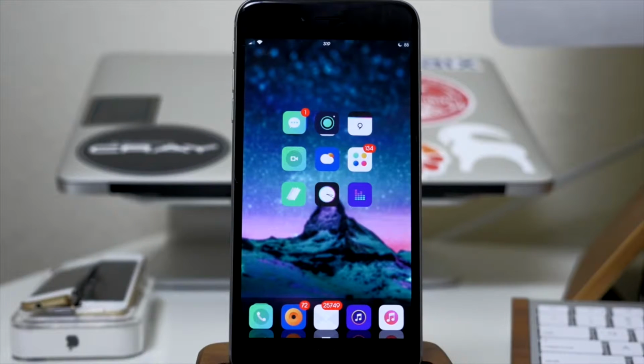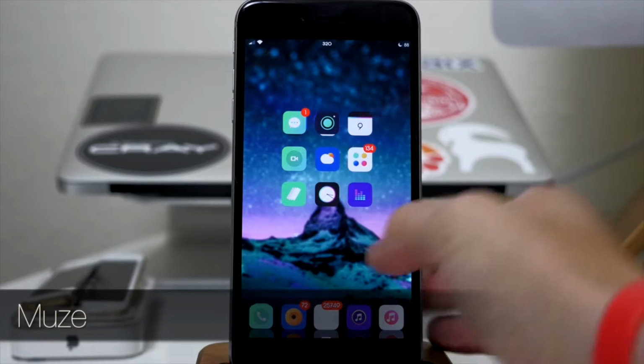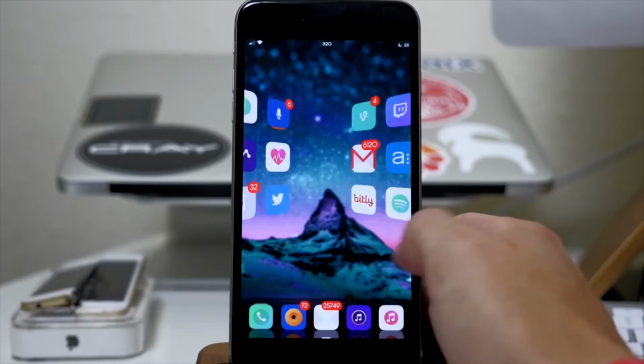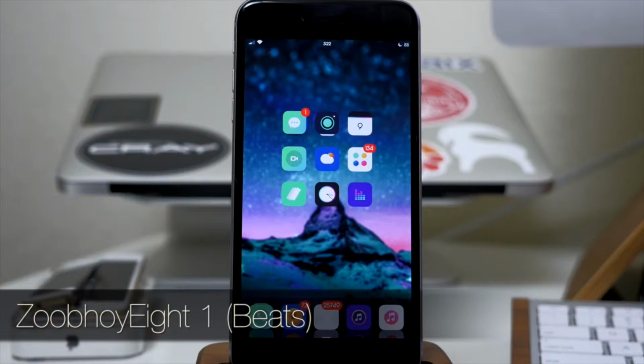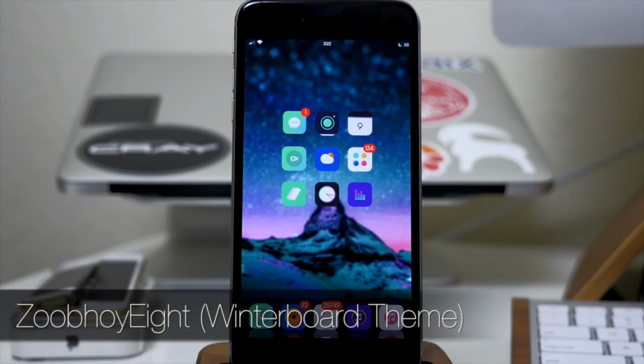So to begin with, the theme that I'm using here is called Muse. And it's a really cool theme. You can see that it has pretty good icon support as we swipe through here. And then the font that I'm using in this video is a font called Zooboy81 Beats. So you're gonna have to actually download Zooboy 8 Winterboard theme in order to get this font and then install